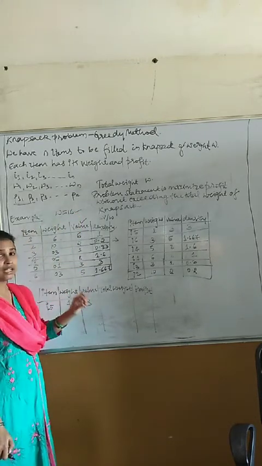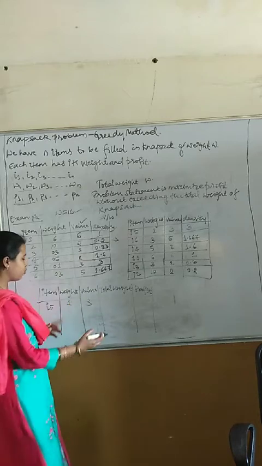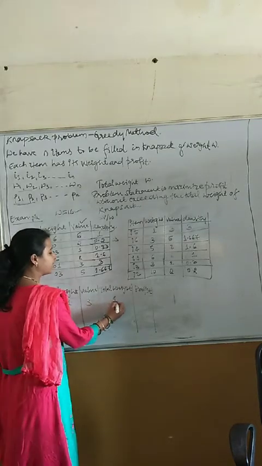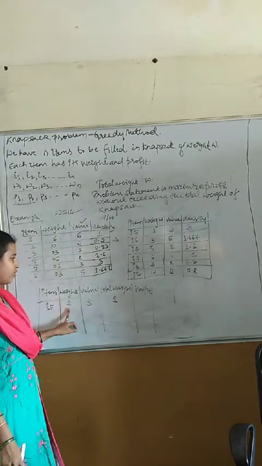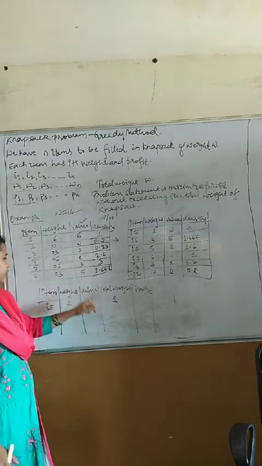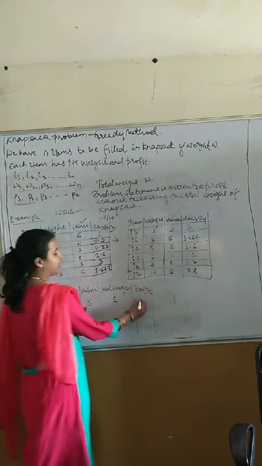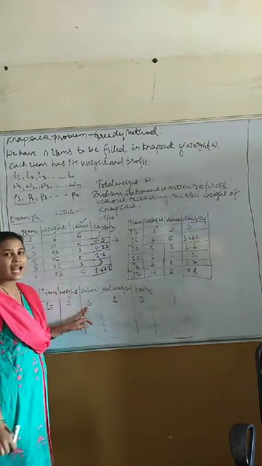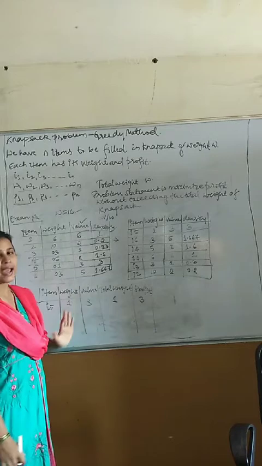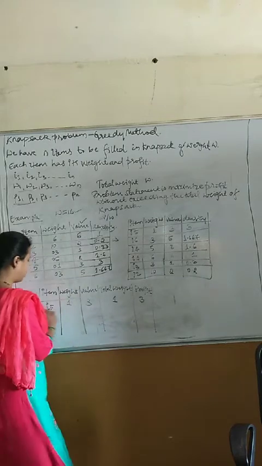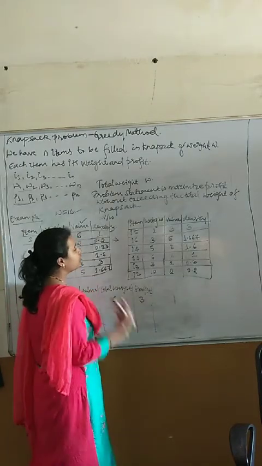So what is the total weight till now that you have added? You have added only one item, so the total weight is 1. What is the profit you have gained? See, what is its value? Its value is 3. So you are adding that into the bag now. So item 1 is over. Now go to the next one.